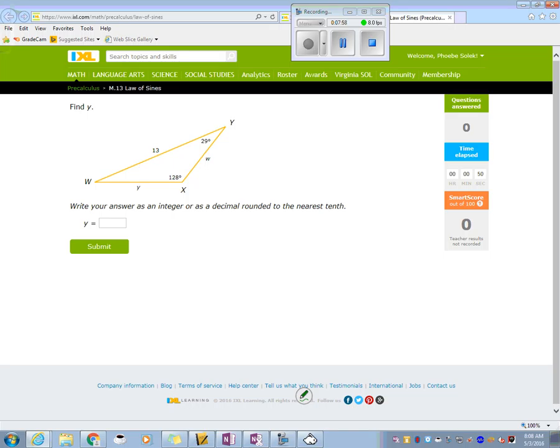This one right here is little x. So we're going to take a look then at little y, the one that we're looking for. So the sine that we want to take a look at is sine